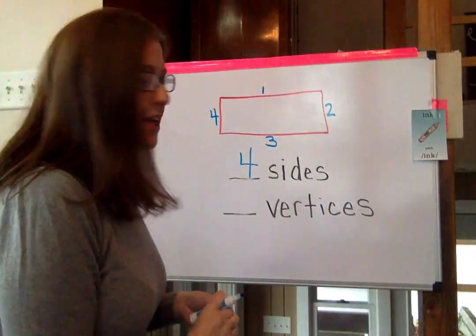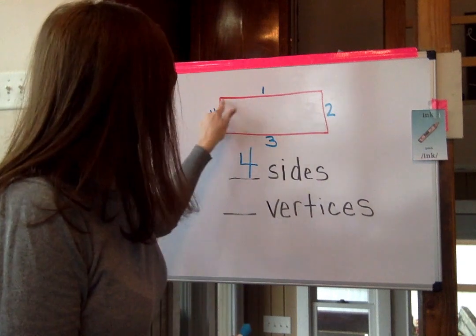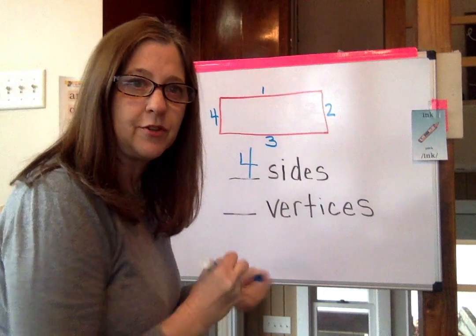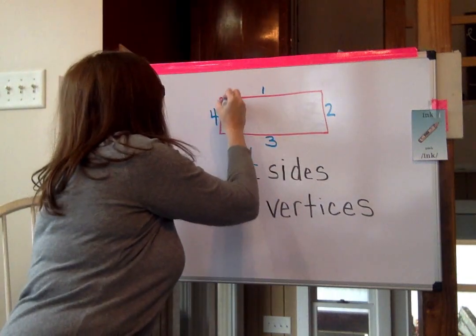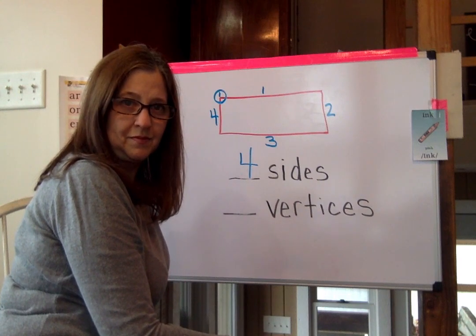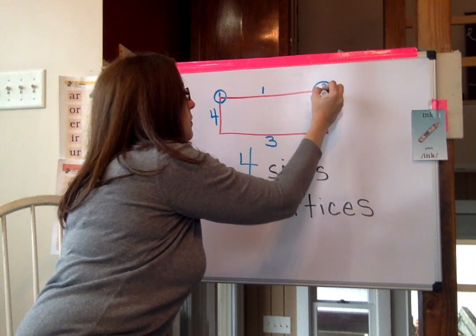All right, let's count the vertices. Now remember the vertex is where 2 lines come to a point. We're going to make circles on the vertices and label them. 1, 2,